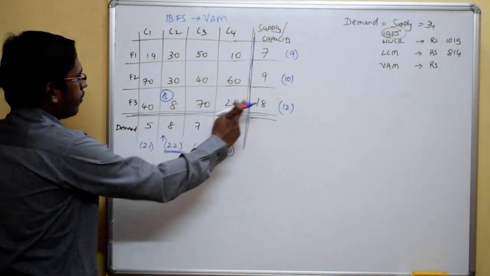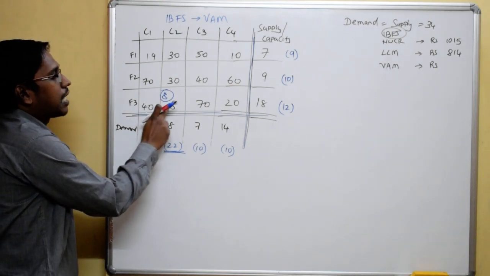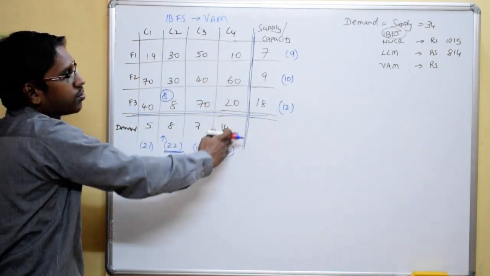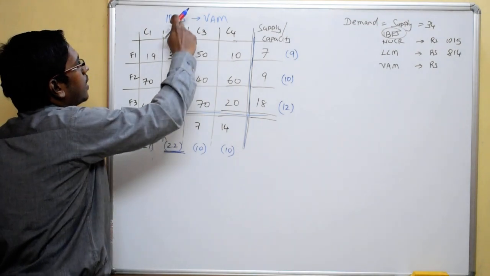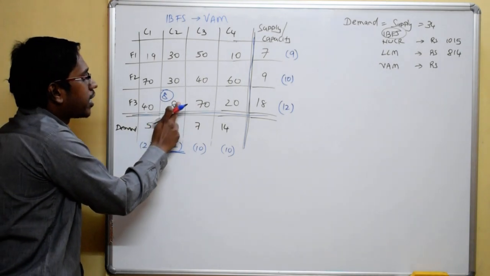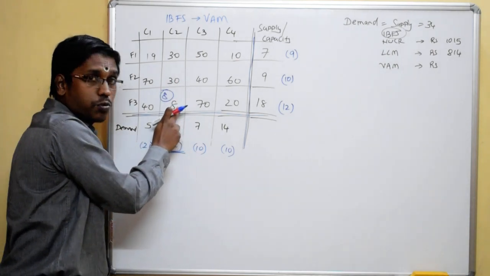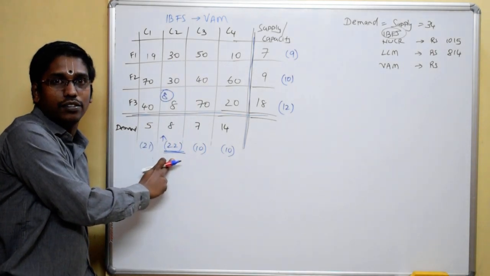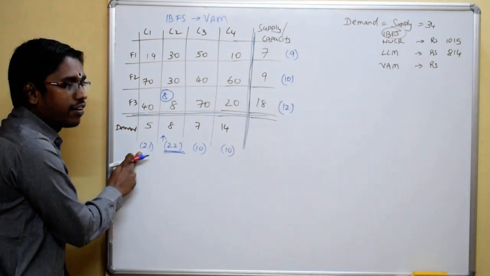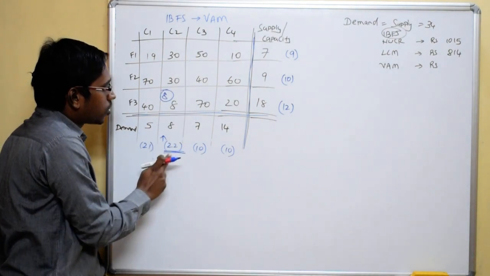Which means if I come to F3, the cell with least cost is 8. If I did not transport at this 8, then after that it is 20. How much does the cost increase? 12. Let's look at it from the viewpoint of customers, from the column aspect. If I look at C2, the least cost is 8. I'm not taking this 8, I'm taking this 8. If I don't transport at this 8, the next immediate cost is 30. Which means if I don't transport at this 8 rupees, my cost directly increases by 22 rupees. Therefore 9, 10, 12, 10, 10, 22, 21 all represent incremental cost.